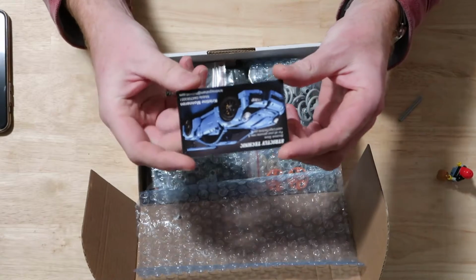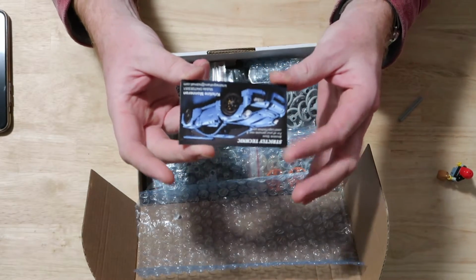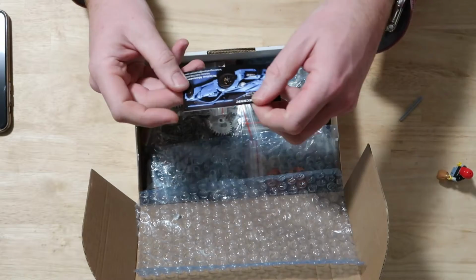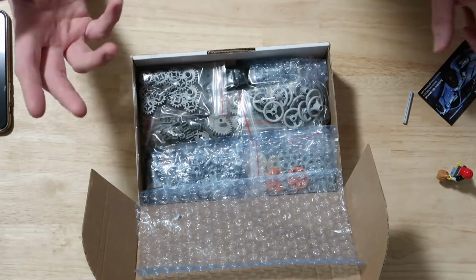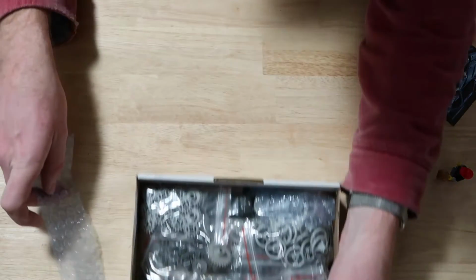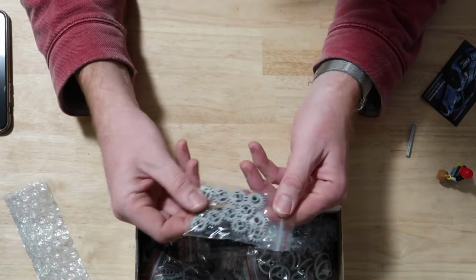Here we go. So this is from a store called Strictly Technic. Let's see, is that the right word? There we go. Strictly Technic. So they're based in Sydney. Very good service. Turned around really, really quickly. Actually, I was amazed how quickly it got turned around. So let's start off with